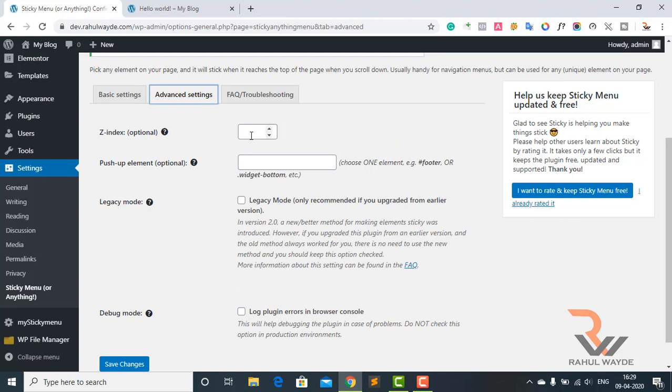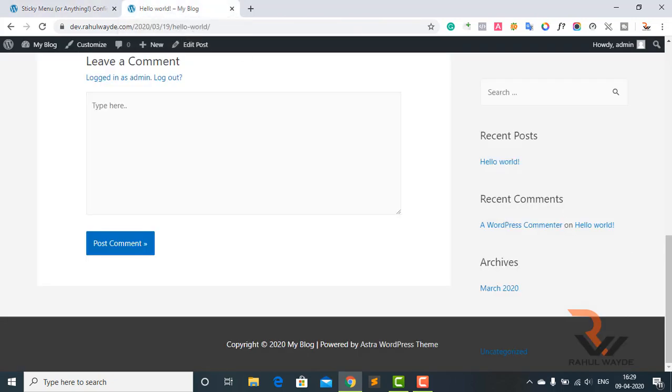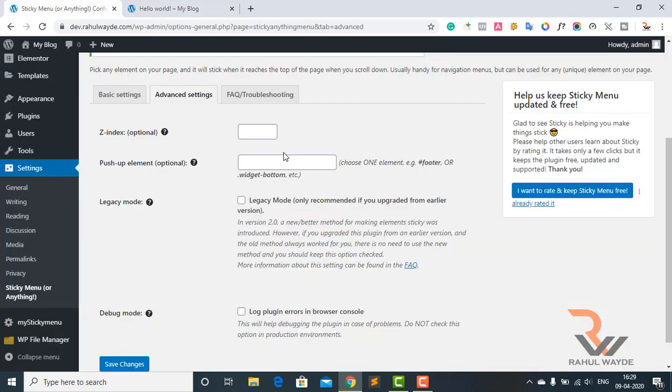We don't need to add any Z index right now, and I will suggest you not to add any Z index there, because we will use only the default setting. Now here comes the important section, which is push up element. I will show you what this push up element does. Just go on the front end, and we want our footer to push up this widget area, right? So what we have to do, we have to enter our footer class or ID here in the push up